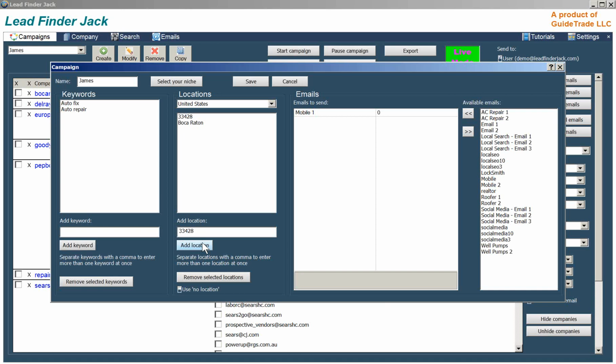$37 for the Pro. Is this a one-time payment with lifetime updates, Jack? Yes, with the same features. So if we add a completely new feature, that will not be included in the $37. But the features which it covers now,